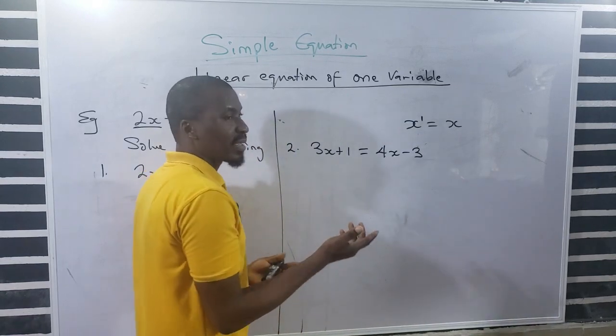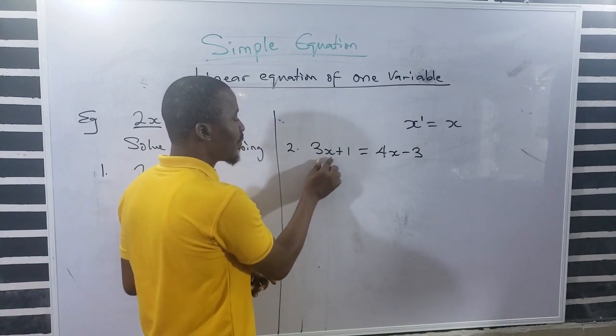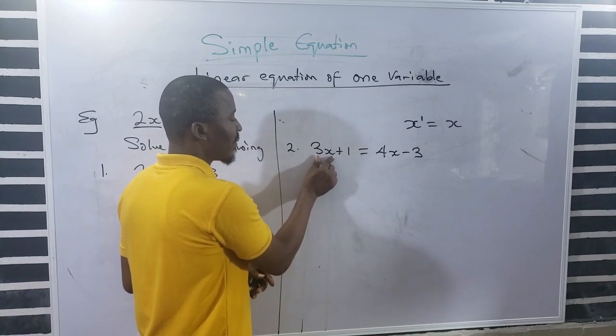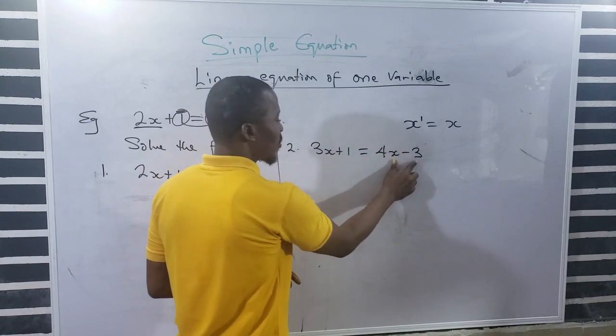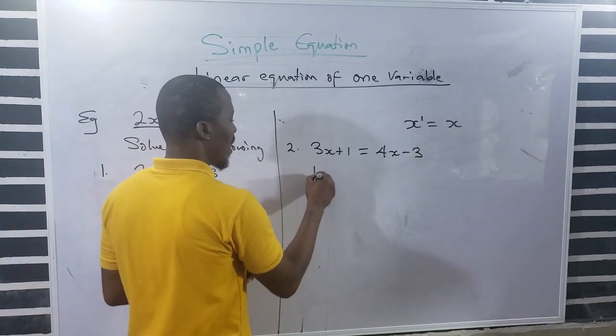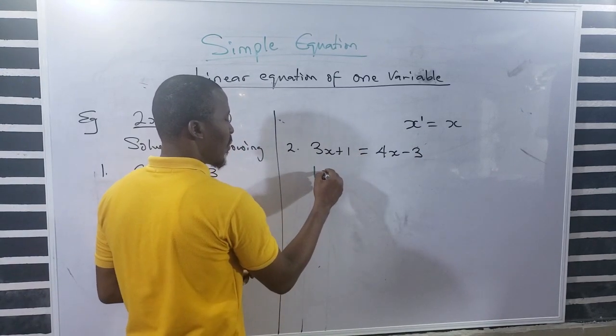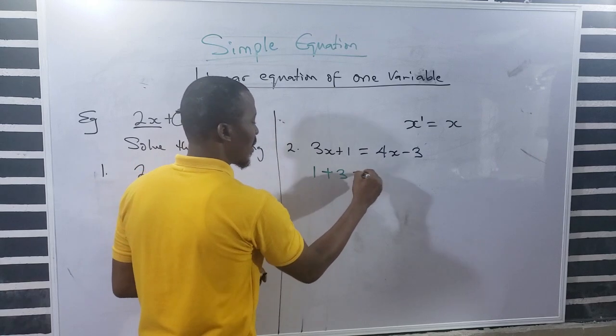So you can decide where to put it. In this case, I'm going to try something. Let me put this s and take it over here, then have my numbers over here. So that will give me 1. When minus 3 crosses over the equality sign, I will have plus 3 equal to